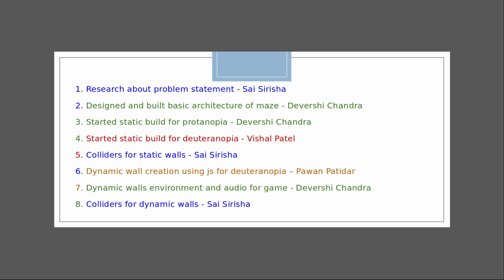Otherwise the entire test will fail, because the wall colors themselves are not proper. So one teammate was assigned the task of making sure that the lights and the colors of the walls are proper, so that there is no problem in detecting color blindness for the user. This is what one teammate of ours did.